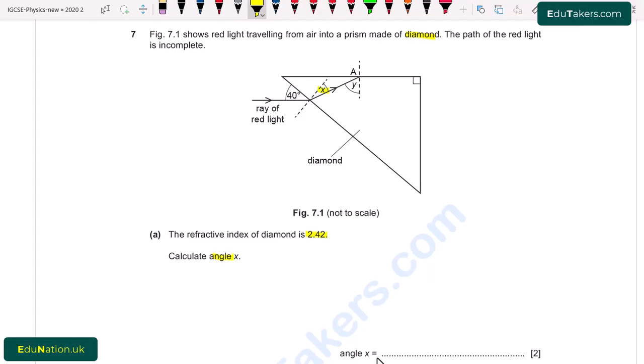Here we have to calculate this angle x. In the diagram 7.1, you can see that this is the incident ray and it falls at the surface of the prism at the angle 40. At that point, we have drawn the normal, which is represented by this line. And we know that the normal is perpendicular to the surface. The angle between them is 90. Here we have to find out the angle x, which is the refracted angle, and we know that n is equal to